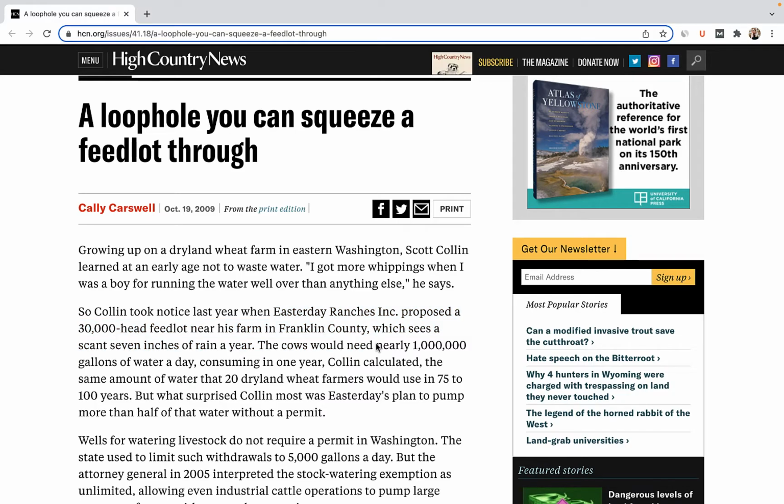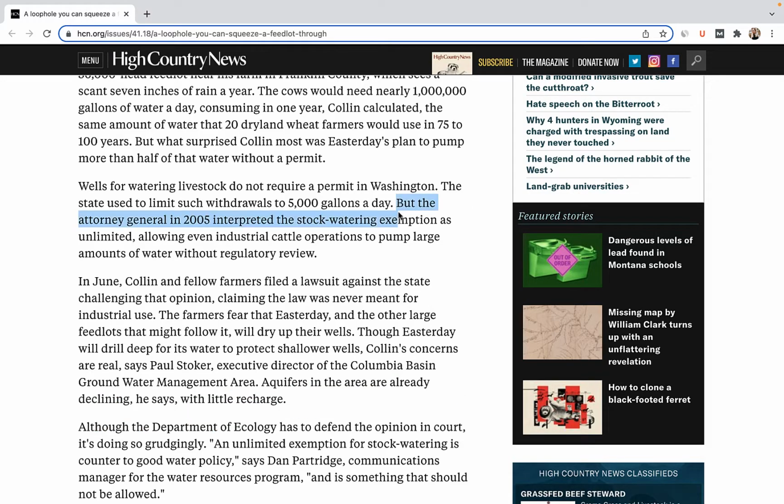took note. The cows on this feedlot would need nearly 1 million gallons of water a day, which, according to Collin's calculations, was the same amount of water that 20 dryland wheat farmers would use in 75 to 100 years. But what truly incensed Scott was the fact that Easter Day Ranches could pump more than half of this water without a permit. For under a 2005 Attorney General opinion, wells for watering livestock do not require a permit in